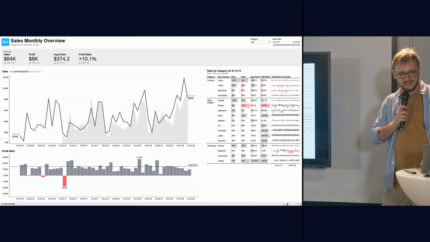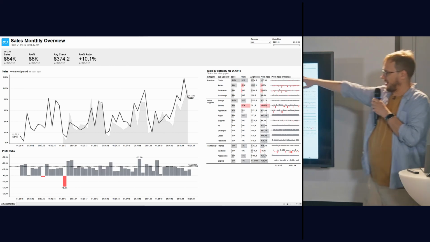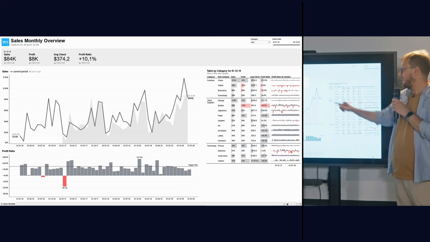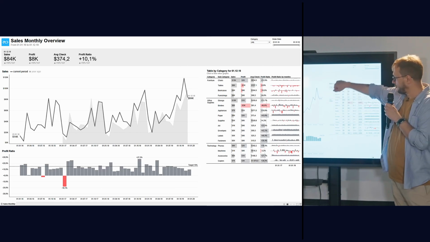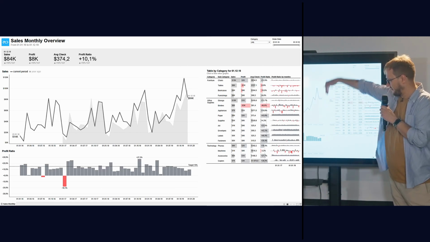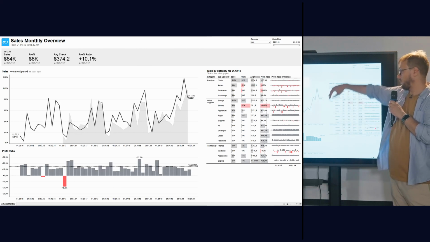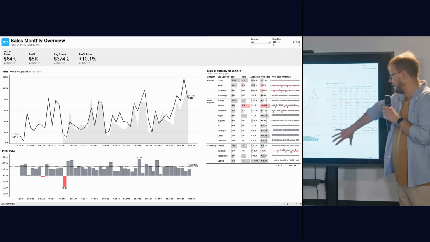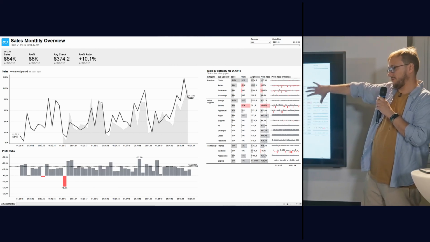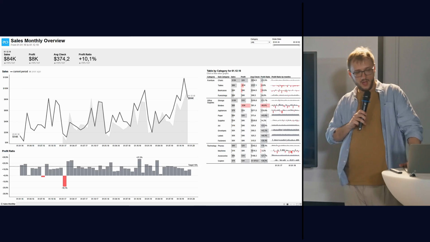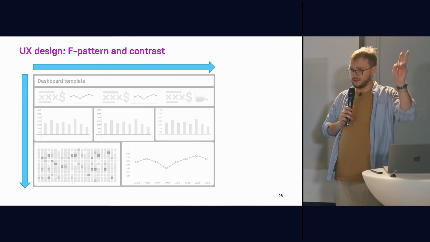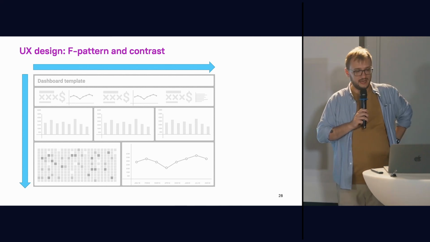But if we are placing it like that, we have really tight distance between KPIs. They act like groups, or we have really good distance between table and charts. It's also working like this group of charts are together. We can see it clearly, and this part is an additional part behind that. Okay, the proximity rule is really important, and it was the second area of design, but now we move on to UX design.